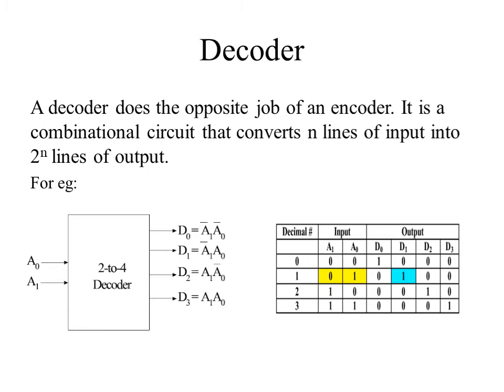In 2 to 4 decoder, it will have 2 input lines and 4 output lines. From the truth table, we can see that in the output of the decoder only one output is high at a time, depending on the combinations of input. That is, when input is 0, 0, only D0 is high, whereas the other outputs D1, D2, D3 are 0. Similarly, for 0, 1 input, only D1 is high, whereas D0, D2, D3 are zeros, and so on. So, in decoder, only one output will be high at a time, same as encoder.